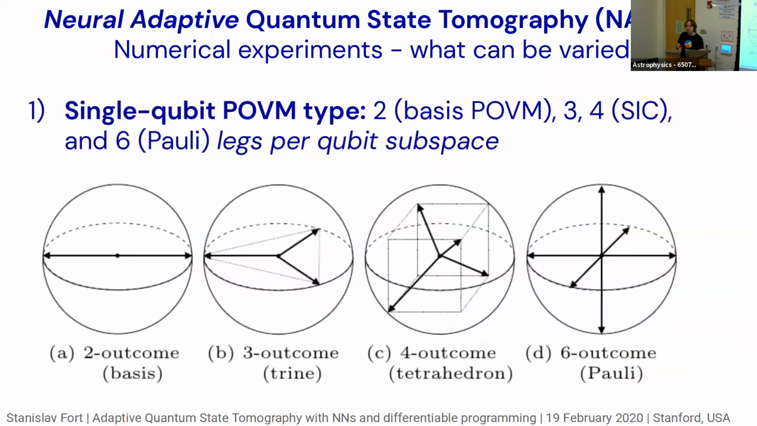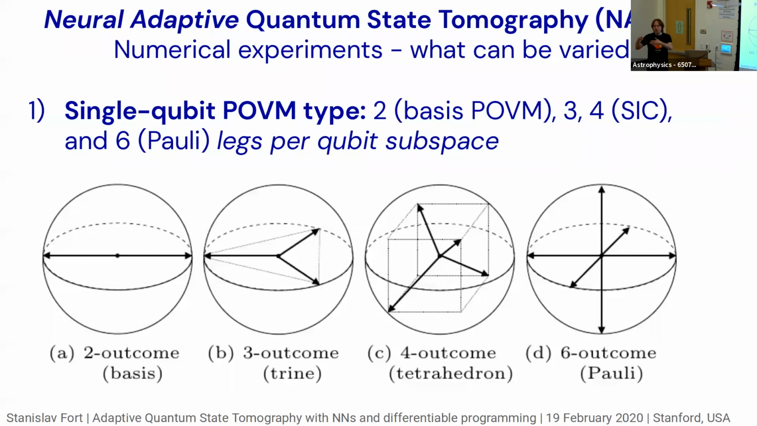Let's now discuss the actual experimental evidence we have for this working, and what we learned physically from our experiments. The POEMs, the measurements you can make, are of different types. The way I conceptualize these is that for each qubit subspace, you have a number of legs. There's a two-legged one, which is the basis POEM, a three-legged one, which is just a triangle, a four-legged one, which is the symmetric informationally complete POEM, a tetrahedron geometrically, and a six-legged one, which is the Pauli basis